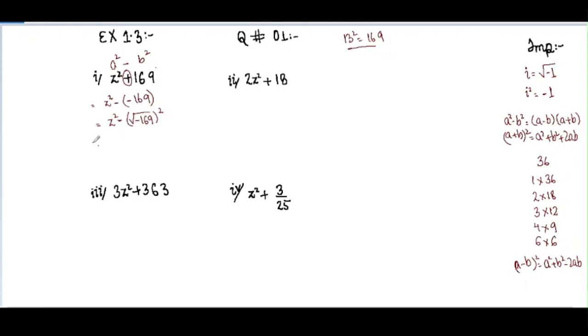Okay, so now the next step says z square minus, okay, square root of minus 1 is to be separated, and then square root of 169 with a whole square. We can't forget this whole square. This square and square root cancel, so we can get this term. And now this under root of minus 1 is separated, and under root of 169 is separated. Now we are going to write it as z square minus, under root 169 gives us 13.